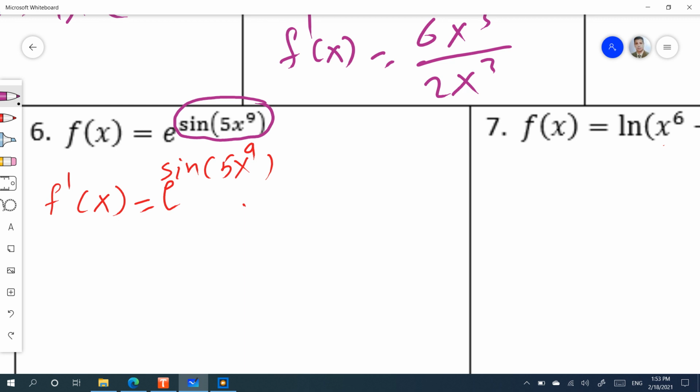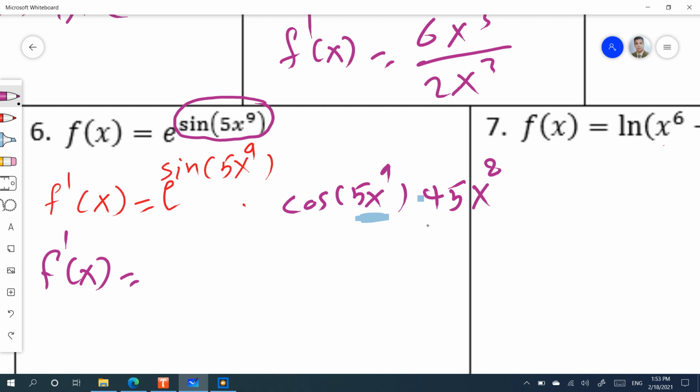It will equal cosine 5x to the power 9, and we get the derivative of this part. It will equal 45x to power 8. Okay, therefore the derivative of this function will equal the exponential sine 5x to power 9